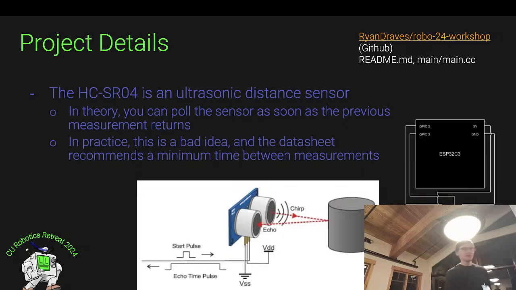And you can see electrically, it's quite simple. We have here this pulse that we'll send in on the trigger pin. So this is some timed input that we'll send from the microcontroller. And that comes to the device, which tells it to trigger a chirp in the ultrasonic frequency band, hit something, whatever it is, and then it comes back. And as it comes back, it'll clock out some pulse that's proportional to the distance of what it measured, right? So the longer the pulse, the farther away something must be.